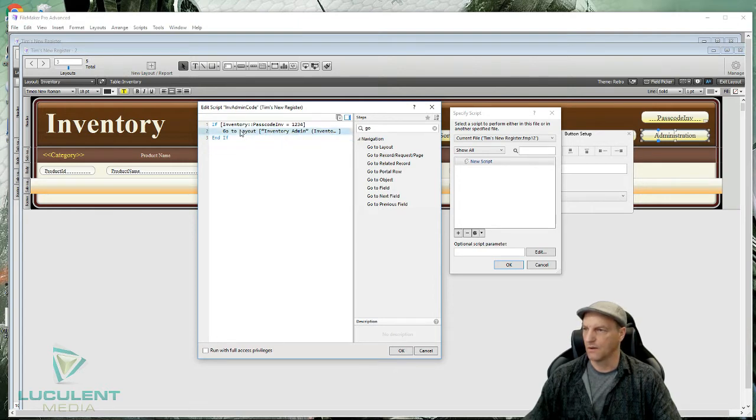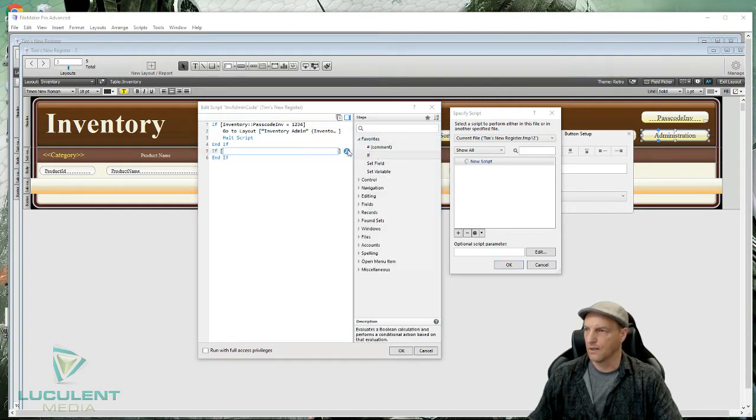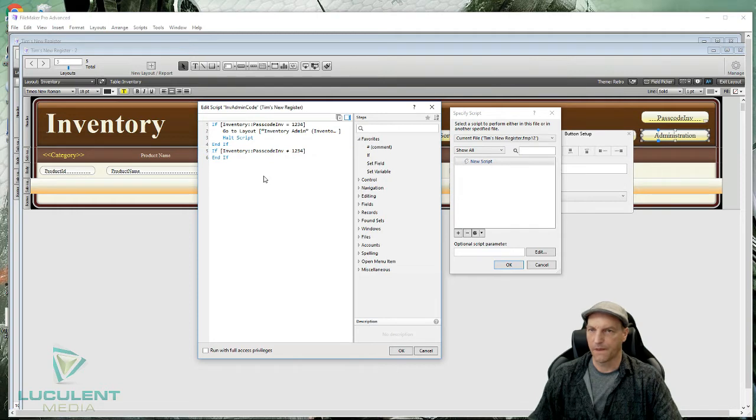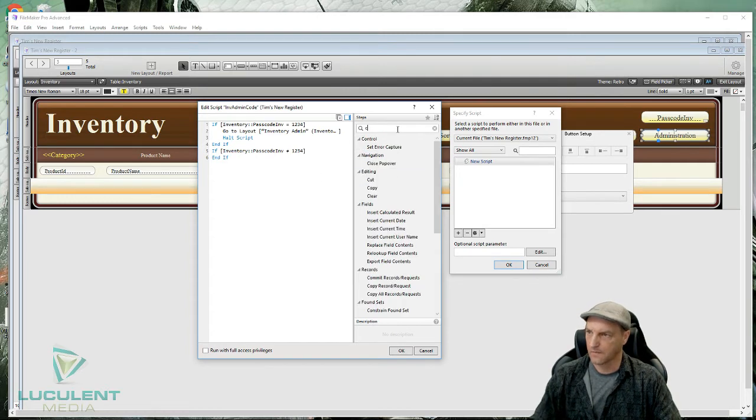So I would go here, type halt script. And then we can add, let's get rid of that. Let's do another if inventory passcode is not equal to 1, 2, 3, 4. Then what do we want it to do? Well, then we want it to actually do something else. We're going to want it to create a comment field. So if we comment,